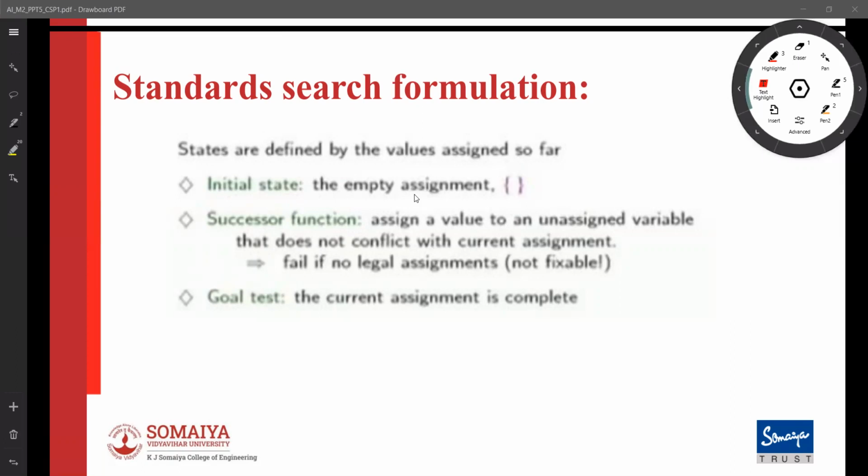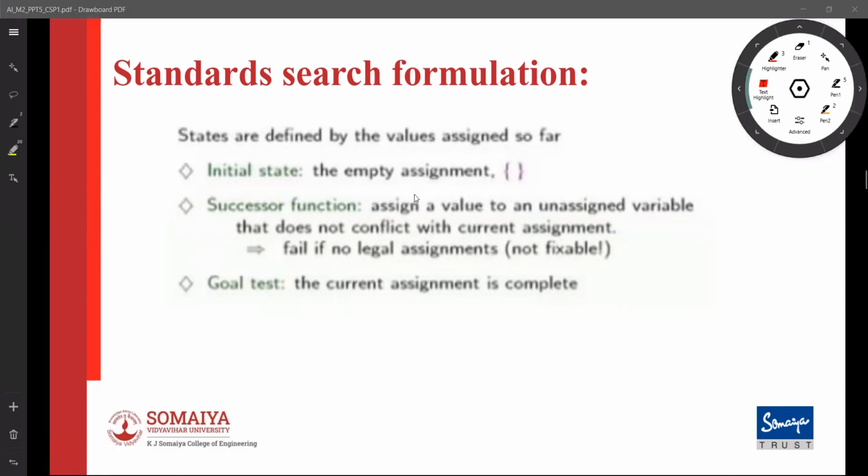So how many total leaves do I have? n factorial times d to the power n. And how many total assignments are in my problem? d to the power n.